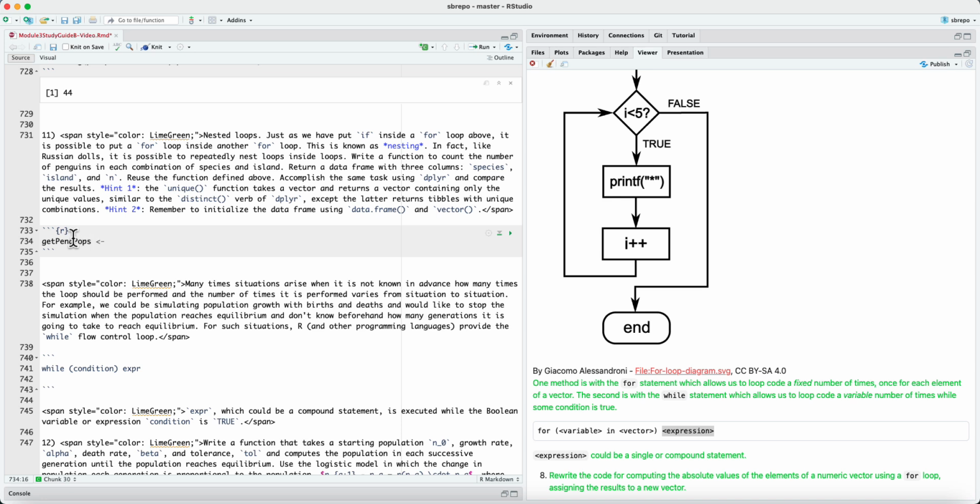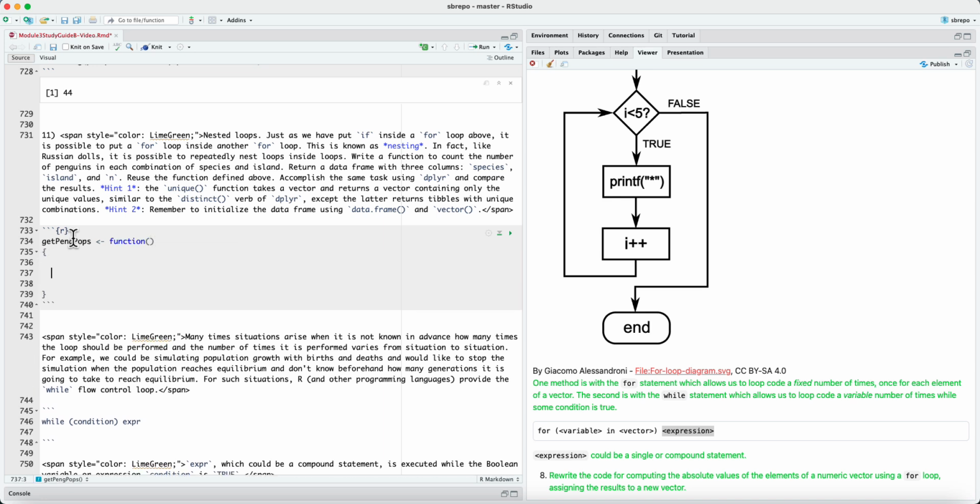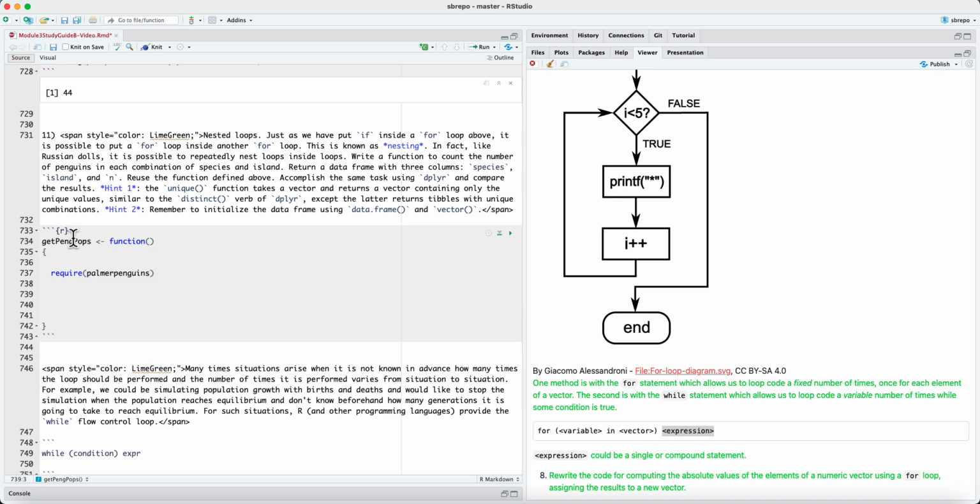So we want something that will get the penguin populations, and it'll be a function, and it'll have no arguments, since I will load the Palmer penguins data set. And it does just one thing. It figures out how many combinations of species and islands there are, and then makes a data frame for each combination, where each row is a combination,